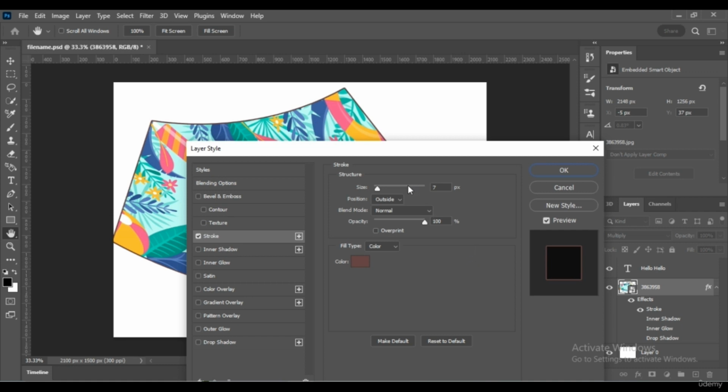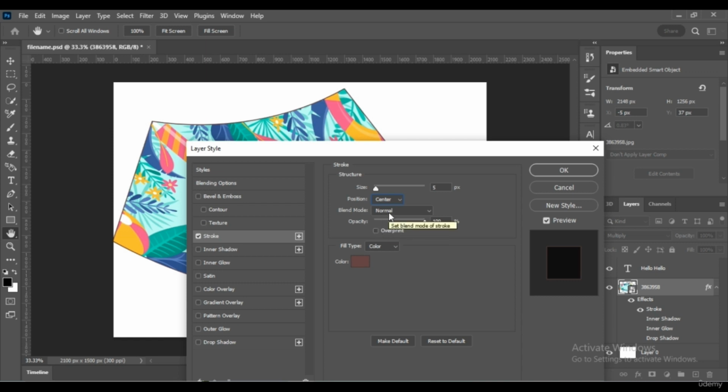The options are size. It shows how thick or thin the line is. Position. Set whether the outline is inside or outside the object or in the center. So the outline is at the center of the stroke effect.